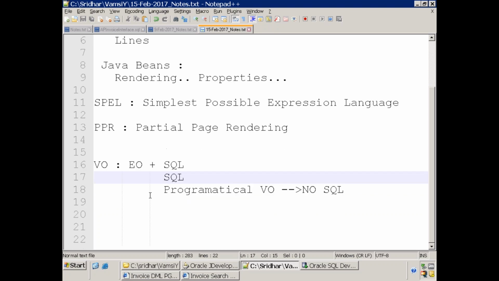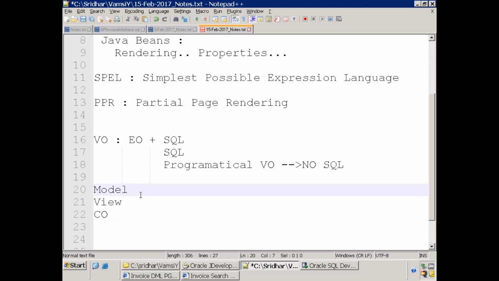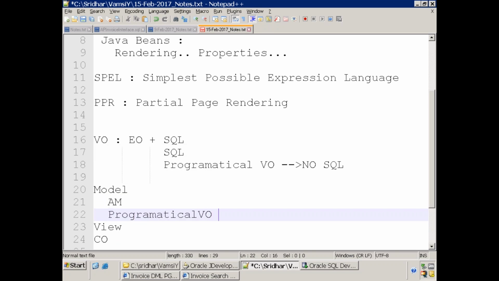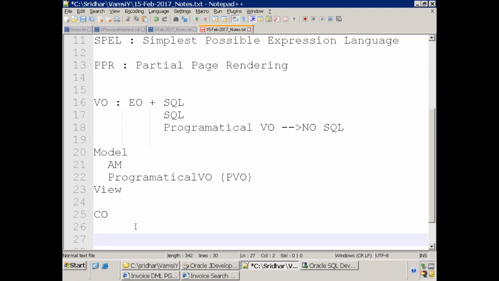So what we do is we'll design a very simple page to understand this concept. Model, view, controller. So here we'll have an AM and we'll call it programmatical VO, or sometimes developers generally call it PVO also, properties VO. I'll just say programmatical VO. Now I'll say PPR sample page, partial page rendering sample,